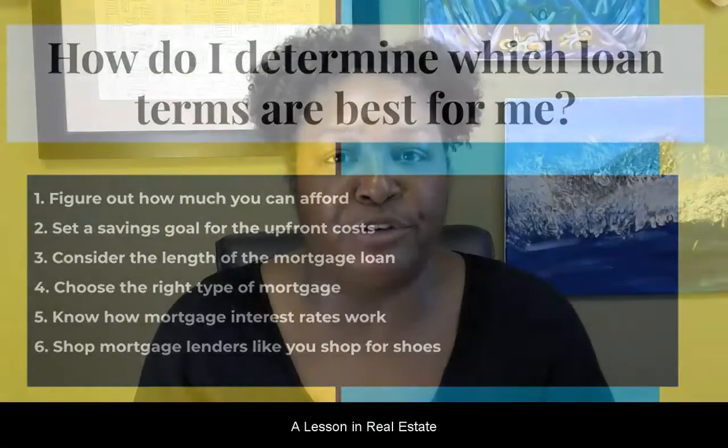You want to talk to several different mortgage lenders. You want to ask them what criteria they're using to approve or deny mortgages, what interest rates they're working from, and about the different loan products that they have. You want to ask them if they participate in down payment assistance programs and things of that nature. There are certain lenders that make certain types of loans and other lenders that don't.